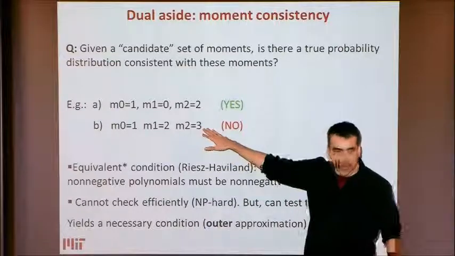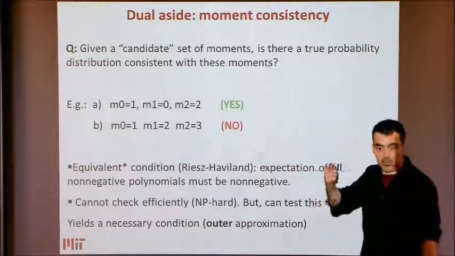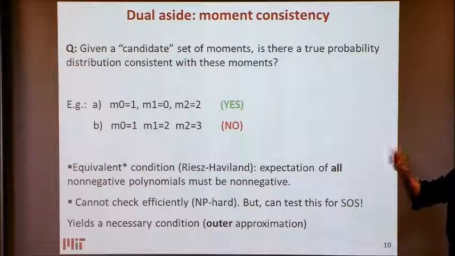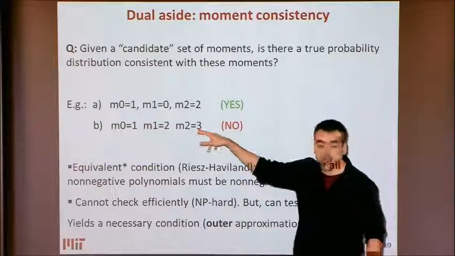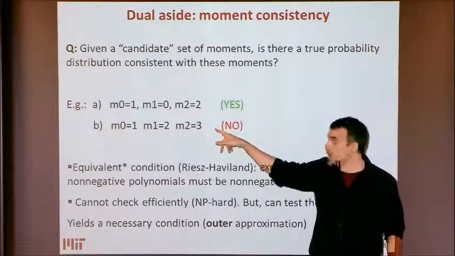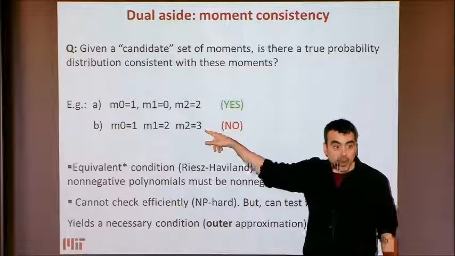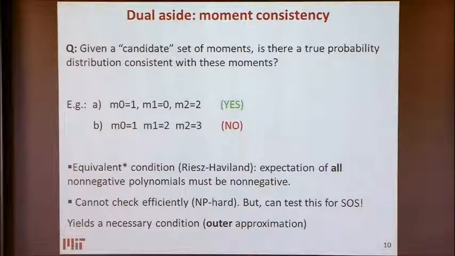Yeah. So it's an easy way of saying this. For instance, if you remember, the variance is always non-negative. The variance is the expected value of x squared minus the square of the expected value of x. If you compute it here, you'll have that the variance of this random variable, if it exists, should be equal to -1. So clearly, these numbers are not consistent with an underlying probability distribution.